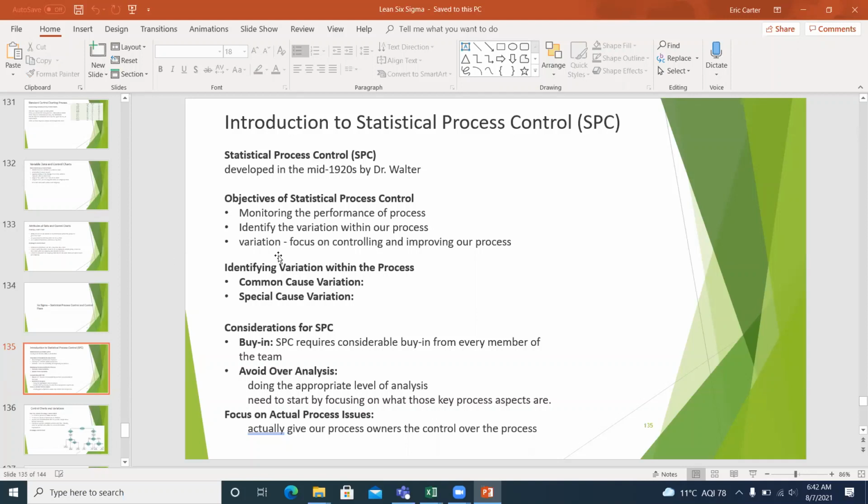Variation, mainly you have to focus on controlling and improving the process. Whenever you get any variation, that means your process is not stabilized, right? We need to focus on how to improve the process. Common cause variation and special cause variation. Common cause variation, I told you, right? The patient count may go up and down, and smaller denial changes. For example, you are keeping 3% as your ideal denial percentage. Sometimes it may go to 2%, or sometimes it may go to 4%. All that normal variation is going to happen, which is called common variation.